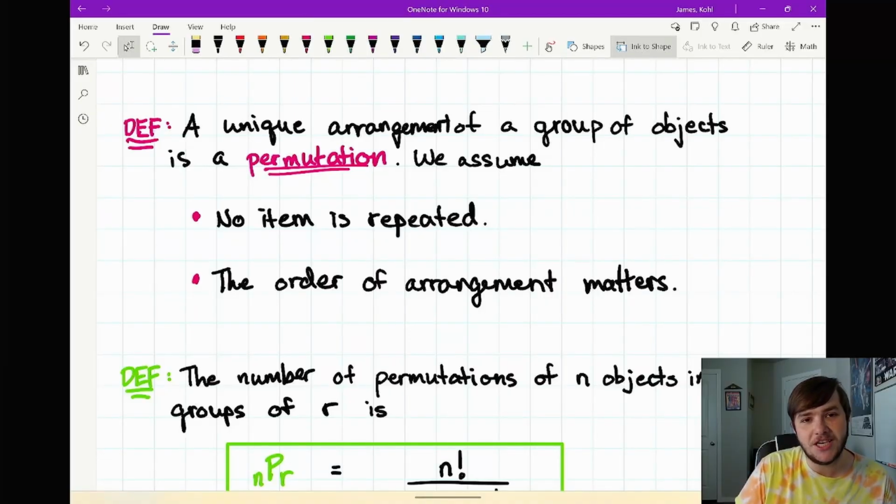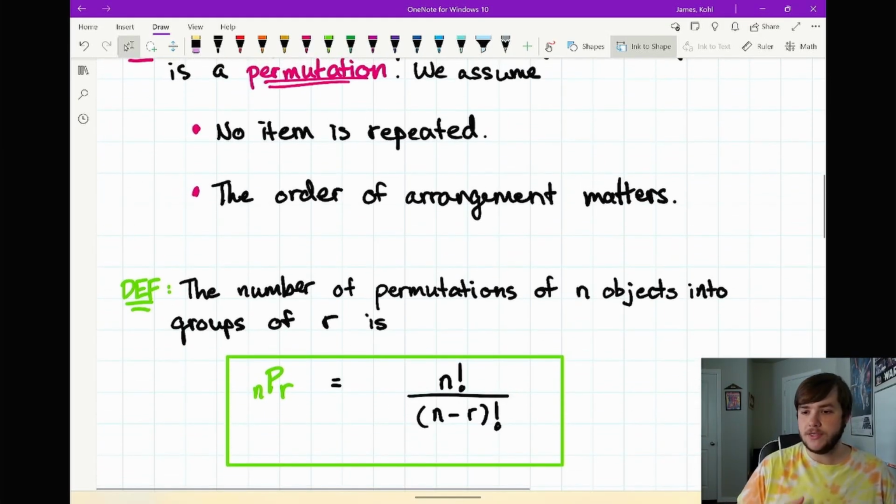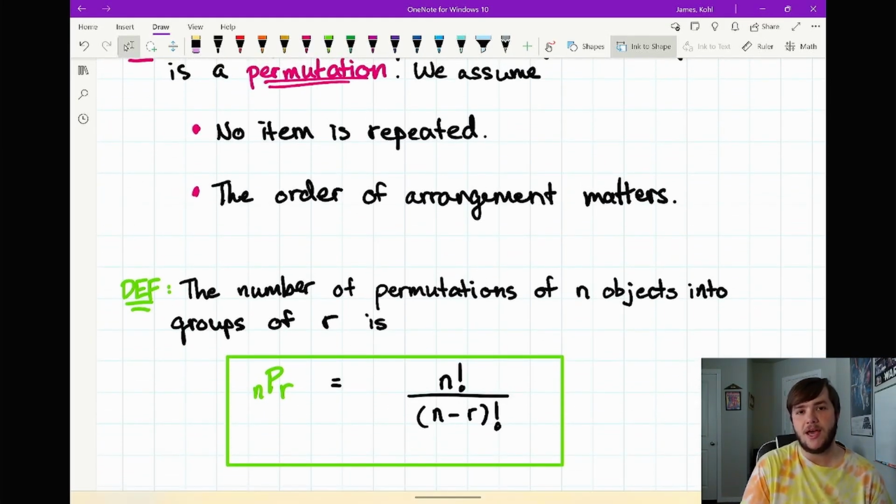A permutation is simply just a unique arrangement of a group of objects. And by the way, we're assuming here that no one item is repeated and that the order of the arrangement matters. And it turns out that this is the way that we calculate the number of permutations we can make. So if we've got n objects total and I'm taking r of them, and I'm forming a permutation of r out of n objects, we write